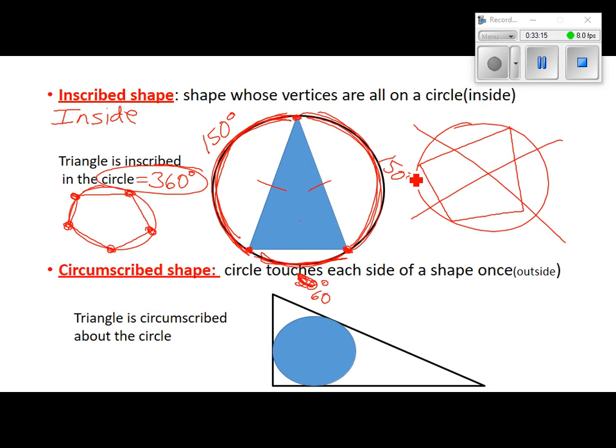Circumscribed. If inscribed means inside, circumscribed, what should you think of? Instead of inside, it's outside. And that's what this is. Somebody describe this picture right here to me, using inscribed. The circle is touching 3 of the sides of the triangle. The circle is inscribed in the triangle. Describe this picture using circumscribed. The circle is